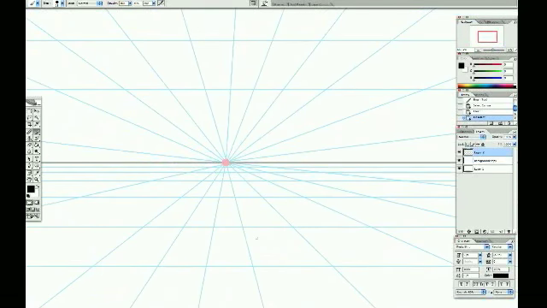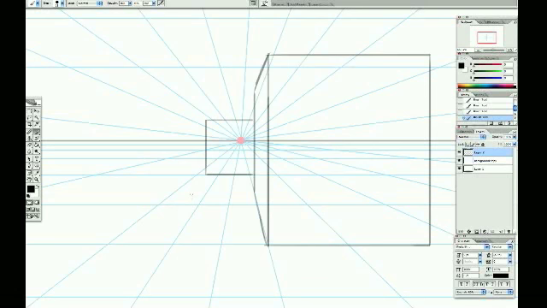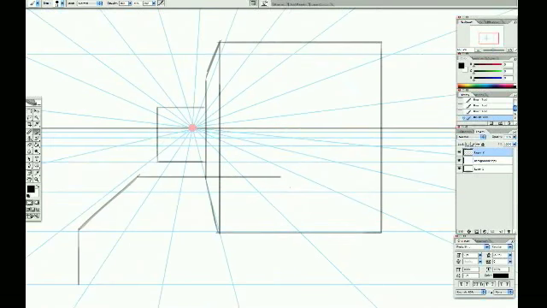There's a tendency when you're doing one-point perspective for the results to look a little flat. That's because everything lines up so perfectly, and you're most likely going to have a little trouble showing depth in your drawing. So one thing I would suggest, specifically for one-point perspective, is to overlap your shapes as much as possible. You can see with this, if I overlap this front shape right over top of that midground one,